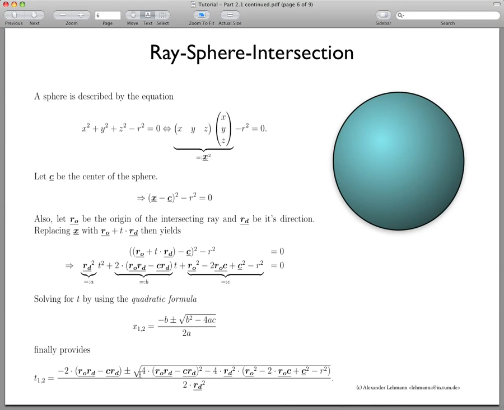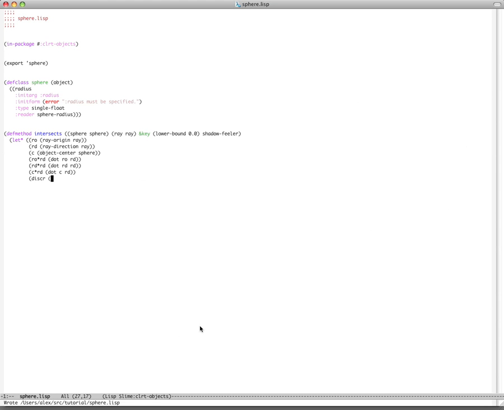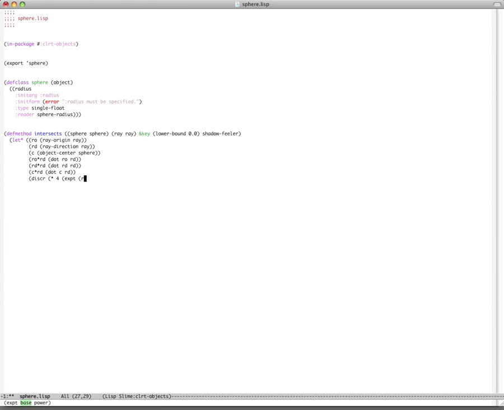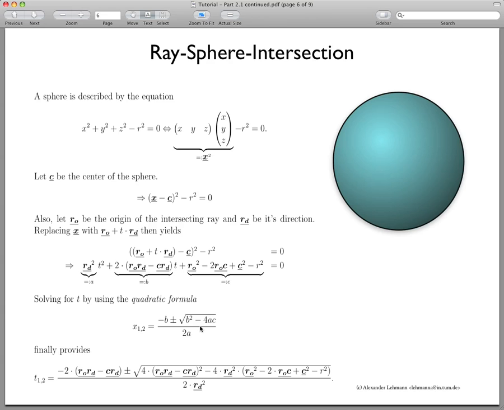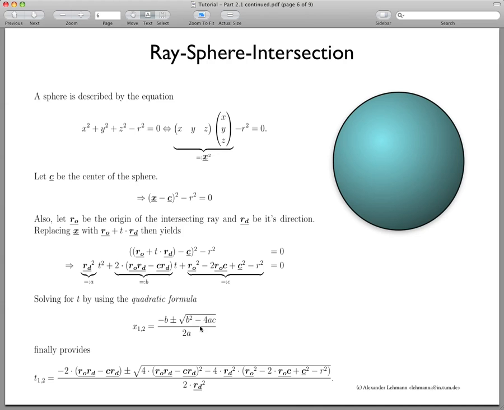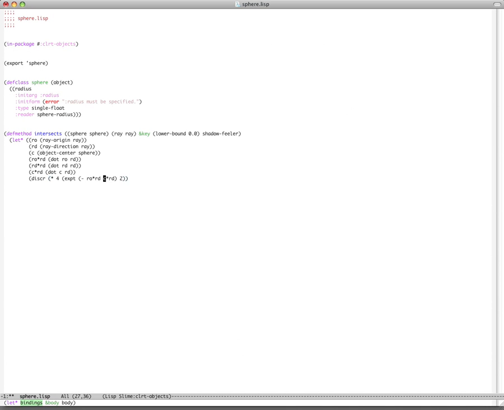The discriminant is this part, so we have 4 times RORD minus CRD, and that squared, so that's the first part here, and minus